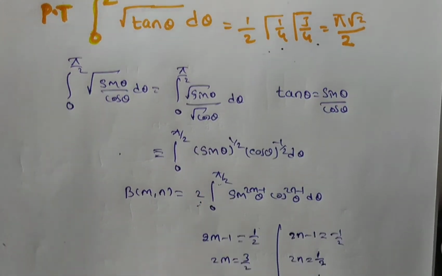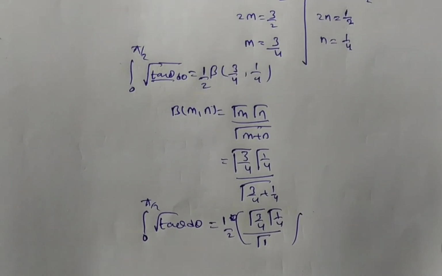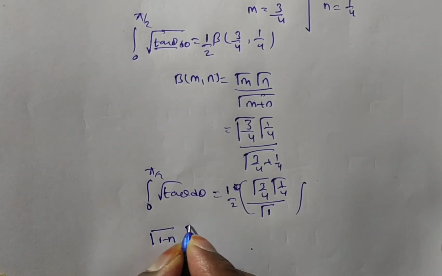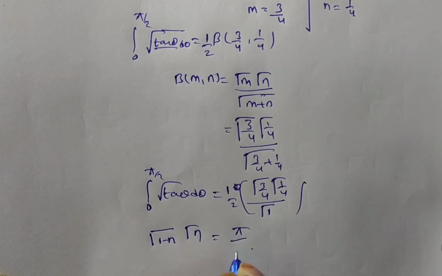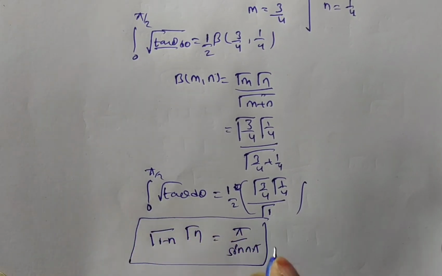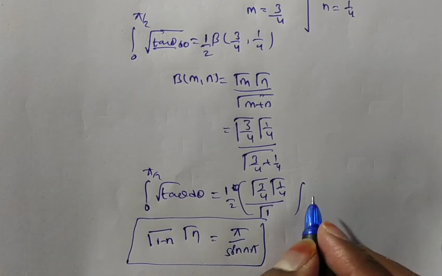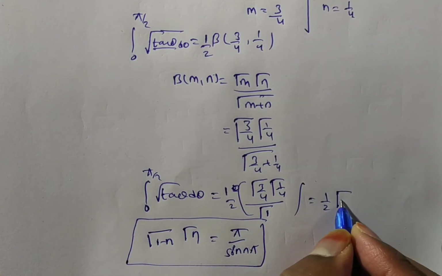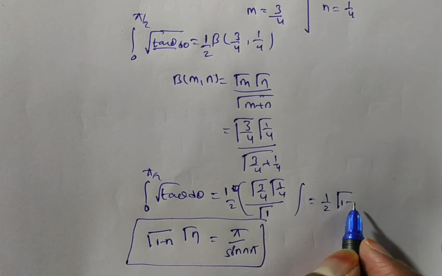How to prove? You have another formula. What is that formula? You see, friends, we have gamma of 1 minus n into gamma n is equal to pi by sin n pi. This is the formula we have. Now we have to convert this into this form. You see how you can use it: gamma 1 is 1, no need to write it. Gamma 3 by 4 you can write as 1 minus 1 by 4.